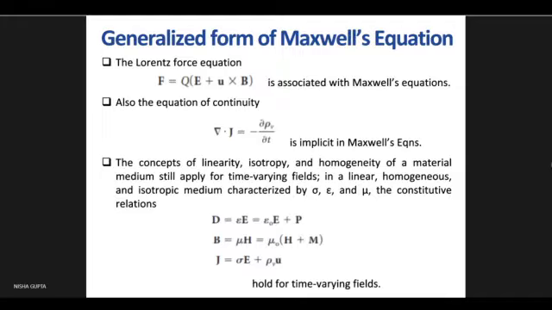So in this equation, the material property is depicted as epsilon. In this equation, the material property is depicted as mu. In this equation, the material property is depicted as sigma, conductivity. So permittivity, permeability, and conductivity. If these are the same irrespective of the direction, then that medium will be an isotropic medium.